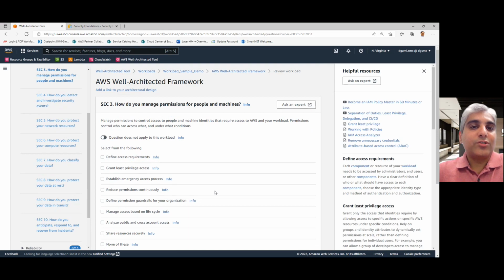The next one focuses on maintaining permissions for those people and machines. So the first part was making sure that you're talking to the right person when an interaction is happening. So you've maintained the identity. And the next piece is the authorization. Like, what can this person or this machine do when they have been authenticated and they are who they say they are? So from that perspective, having a clear definition of what your access requirements are,